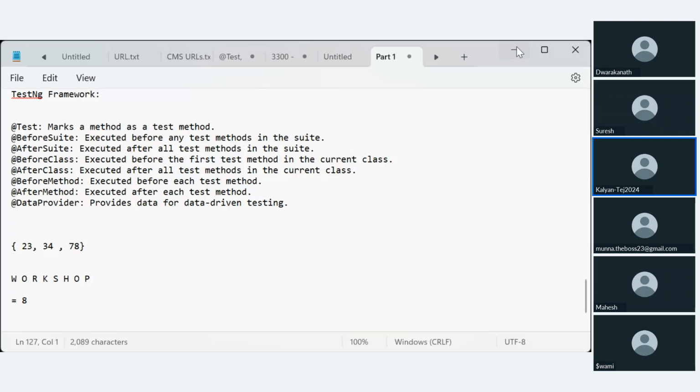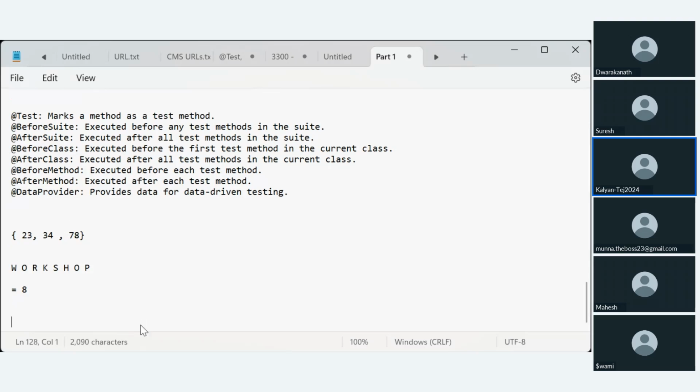One more thing you can expect is a program to count the total number of vowels and consonants in a string. I think people who have already attended my session will have this program. Vowels are A, E, I, O, U; I think you must know this. In WORKSHOP, how many vowels are there?